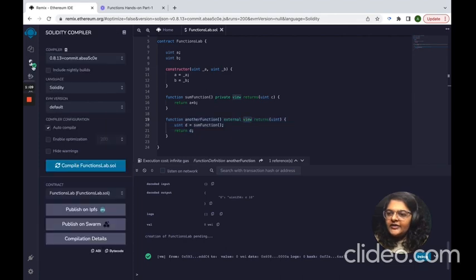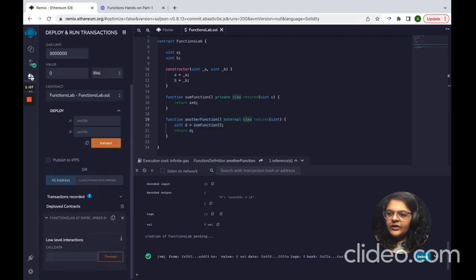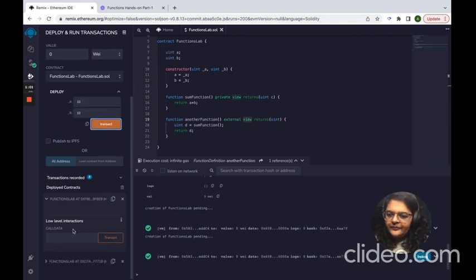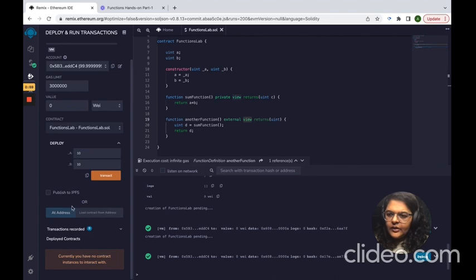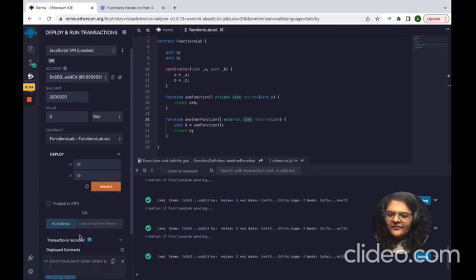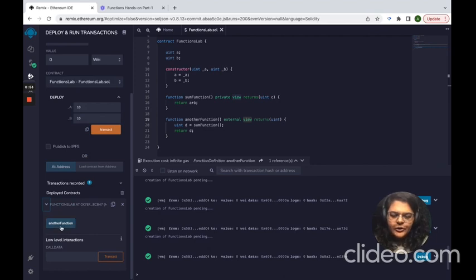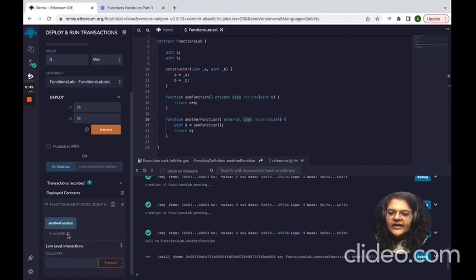Now the contract is already compiled. Let's deploy it with 10 and 10. Transact. Delete the older one. Sorry, let me deploy again. Here is anotherFunction. If I call anotherFunction, it gives me the answer 20, because 10 plus 10 is 20, right? So because the sum function is private, and this one is external,